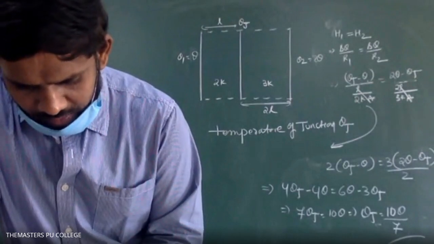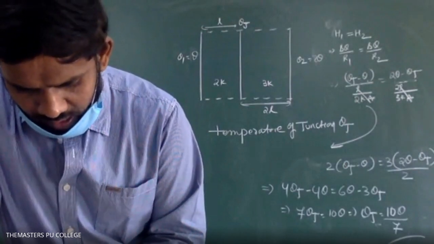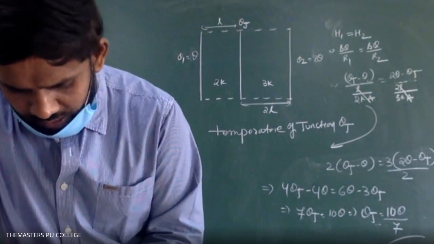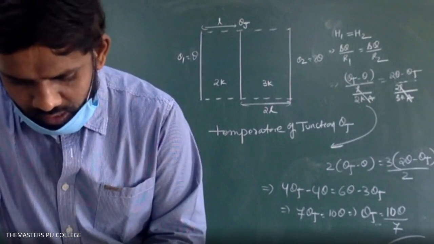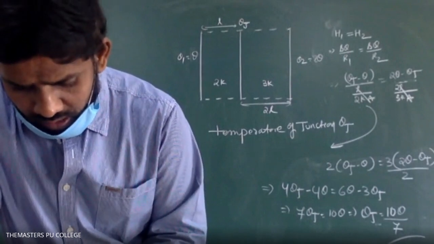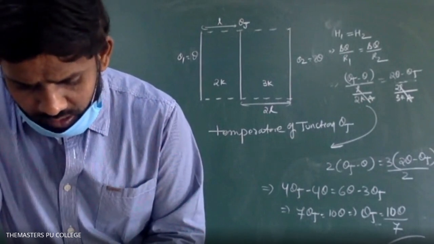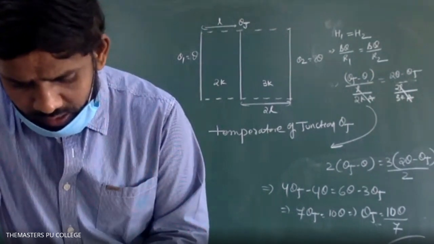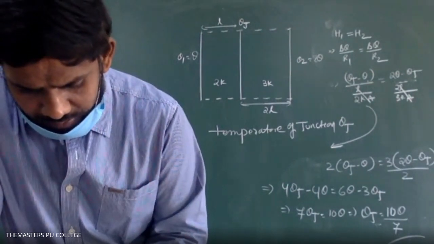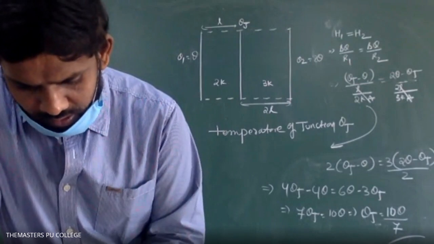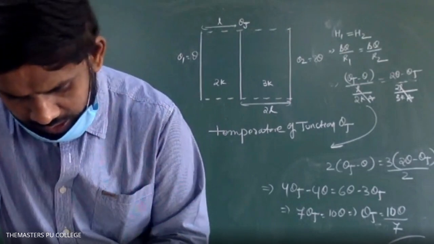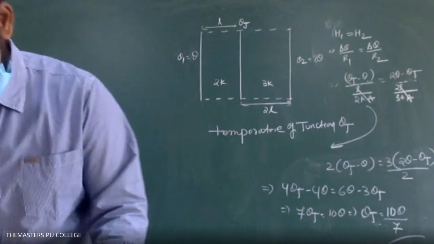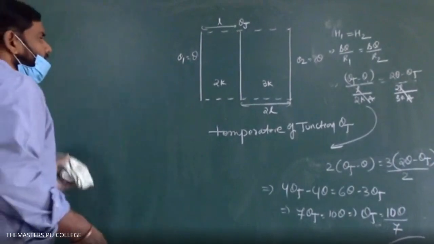The points A and B are maintained at different temperatures. Find the ratio of heat transferred through the cross section of the semicircular rod to the heat transferred through the cross section of the straight wire. So one is a semicircle, made of the same material, and they are joined. Therefore, what they're asking, let me draw the diagram first.